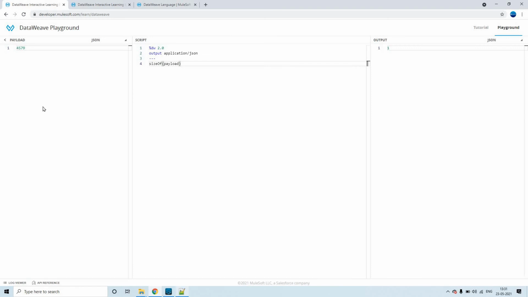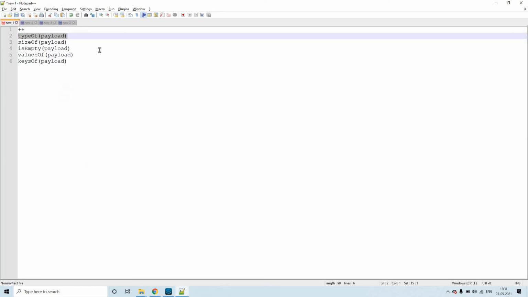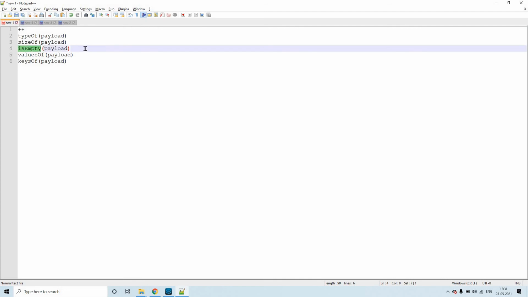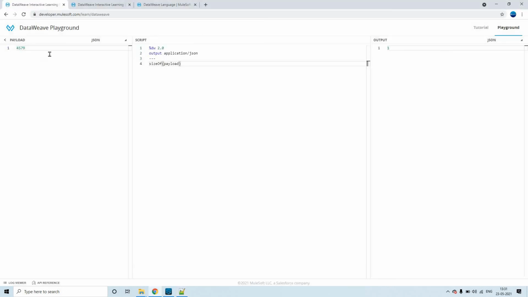Okay, now let us see about is empty. This is used to check whether a payload is empty or not, whether it is having any value or not. So if I put this thing, is empty of payload.